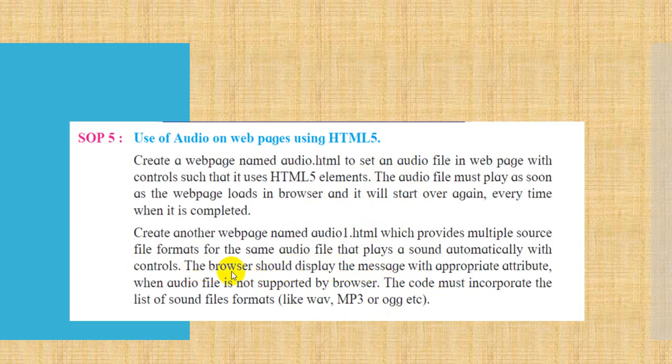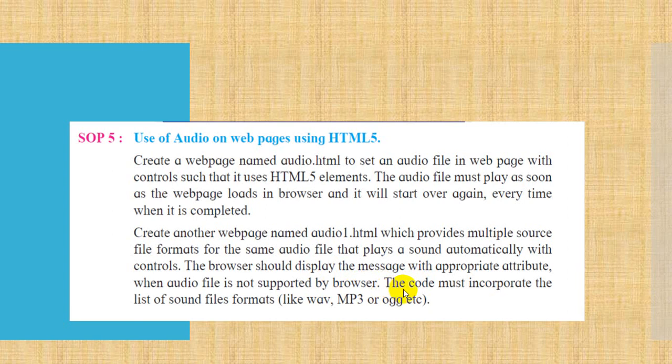So we can display a message to our user that this file is not supported if that audio file is not supported by the browser. The browser itself responds with this message. You have to write this message between the audio tags. Whatever message you write between the audio tags will display, but when? When your file is not supported by the browser. I will show you this, so please keep it in mind. When the audio file is not supported by the browser, this is the complete sentence: you have to display a message when your file is not supported by the browser.